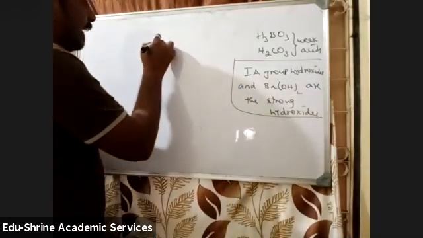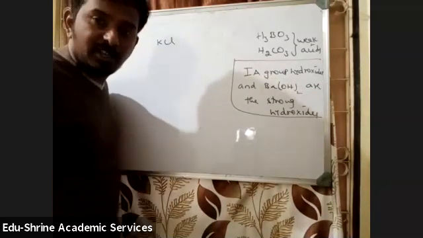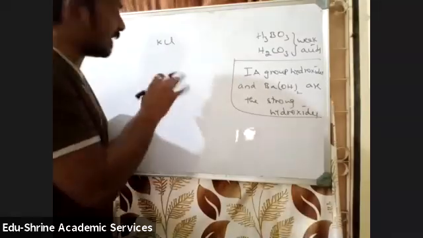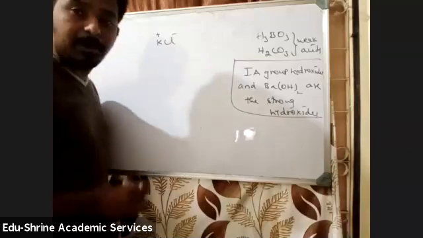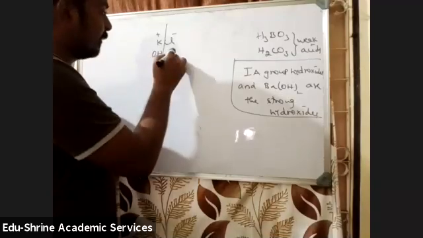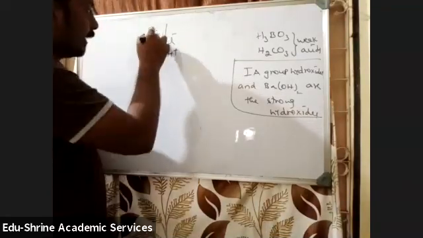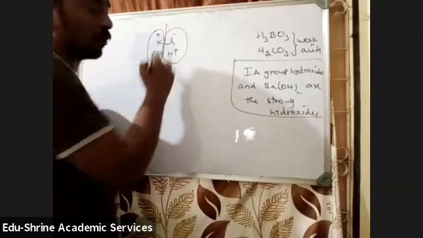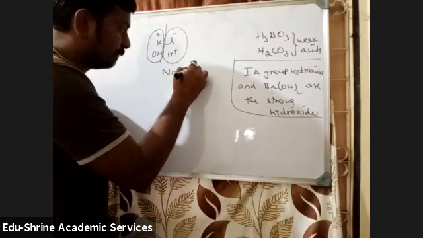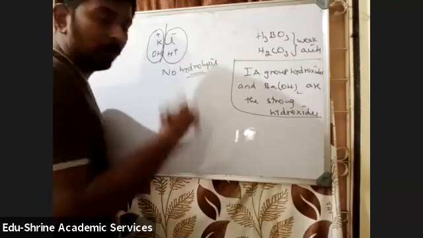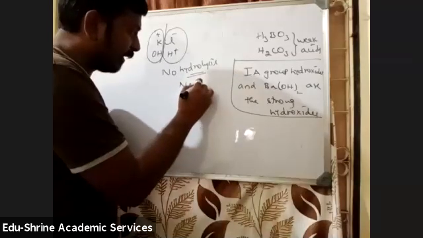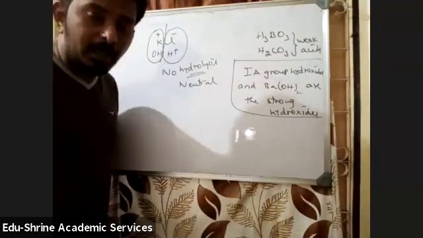Now, for example, if they give KCl in the exam, KCl is the salt. Now they will ask you to identify what will be the nature of this salt. So what you need to do is just add water to it. From KCl you get K plus and Cl minus. When you add water, OH will be taken up by K plus, H plus will be taken up by Cl minus. KOH is a strong base, HCl is a strong acid. Both are strong, so no hydrolysis takes place, students. Between a strong acid and a strong base, it will always be a neutral solution.